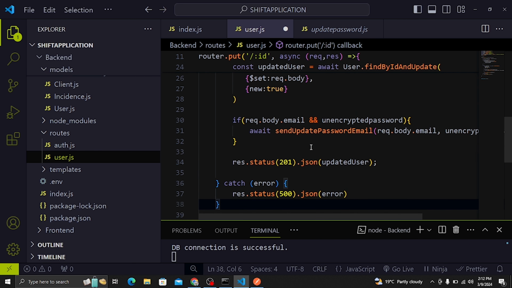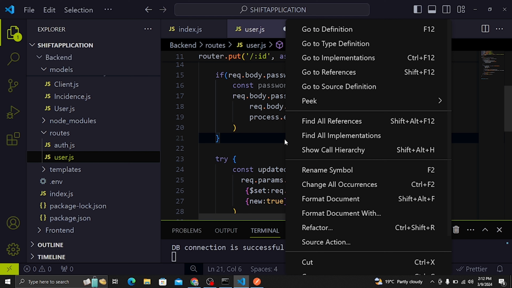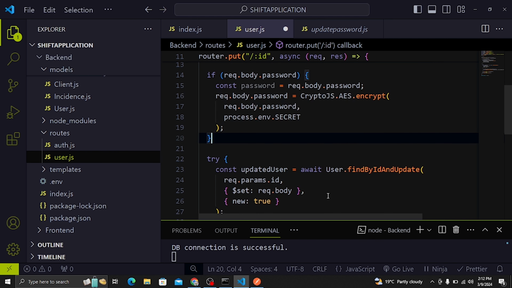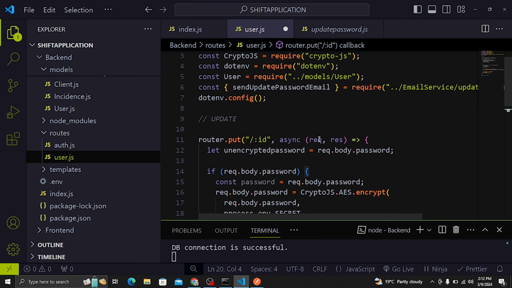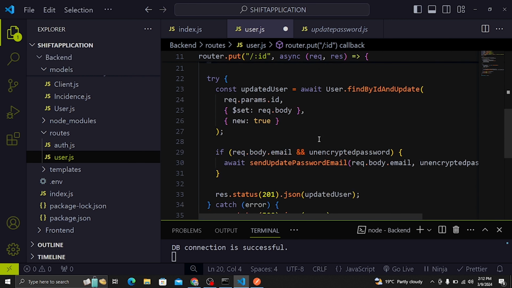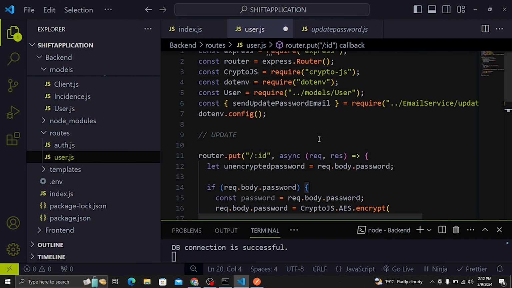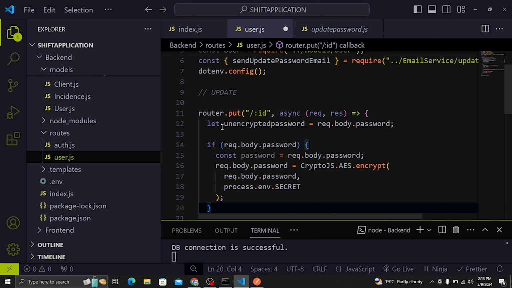So here you can see we have finished the functionality for updating the user. I'll just format this code, and if you're not getting what we are doing, you can go back to the source code and compare your code with this. Also, if you're getting some error or confused, so this functionality is just that we are getting an encrypted password